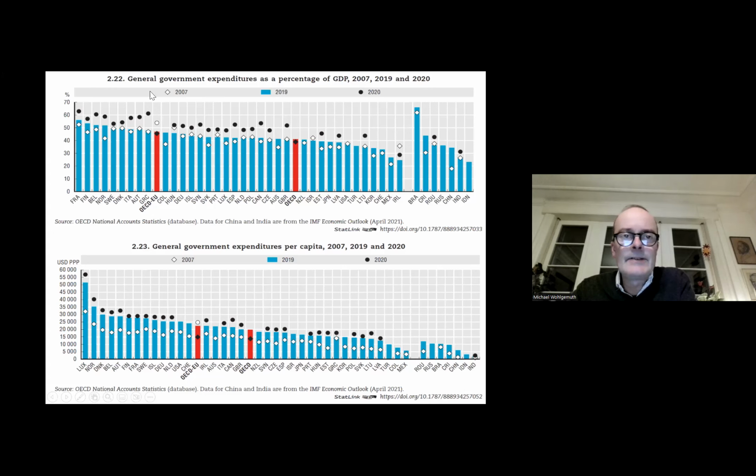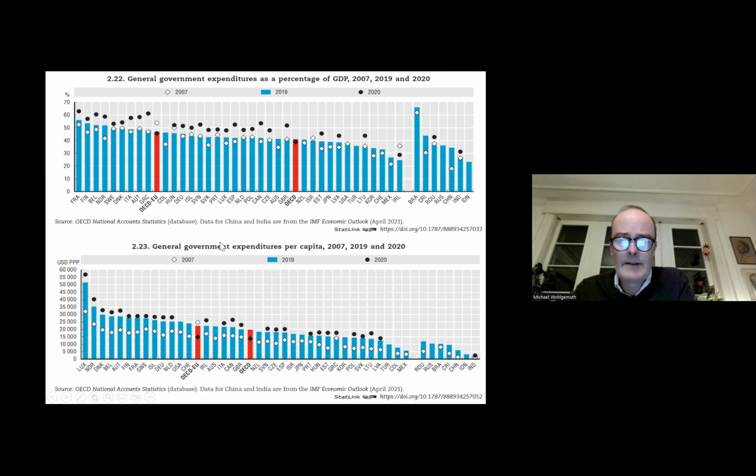Here again, you see the share of government expenditures to GDP. And of course, you find the usual suspects here with France, but also comparatively small states, the Scandinavian states, who seem to have a preference then for larger government. And it looks different if you don't compare government expenditure to the GDP, certainly for very rich countries.